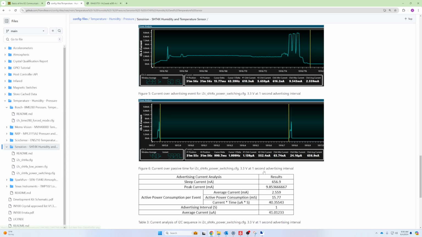However, this is at a 1 second advertising interval. And the longer it takes the i100 to advertise, say 1 second is pretty quick. Let's say you're only advertising once every minute, once every hour. In that case, the passive power consumption is going to be way, way longer than this awake time, which means if your sensor is off, you're going to have a lot more time of lower power consumption when it's